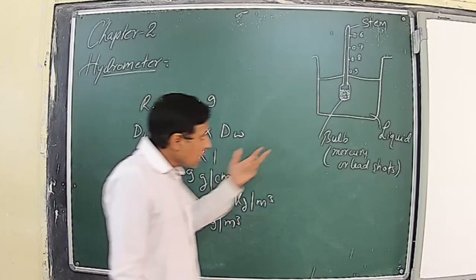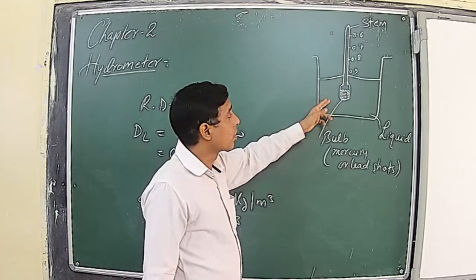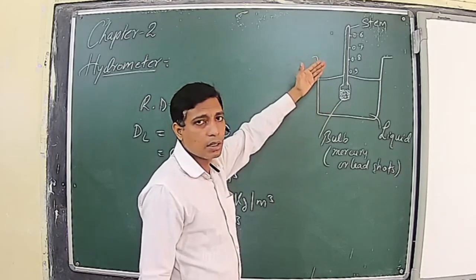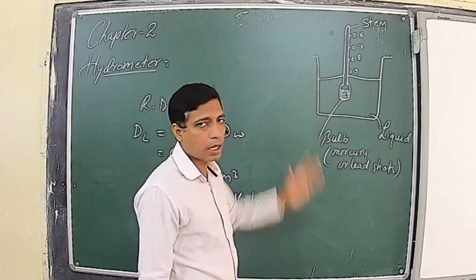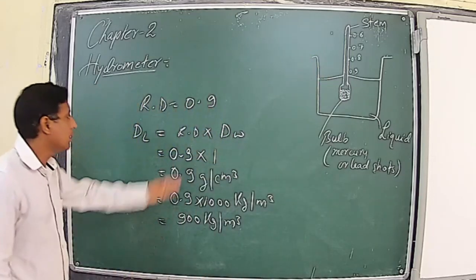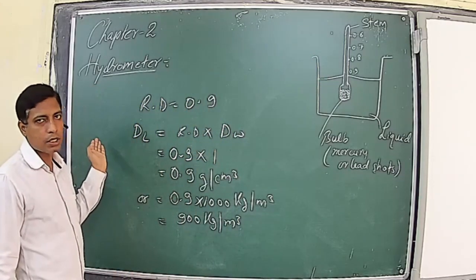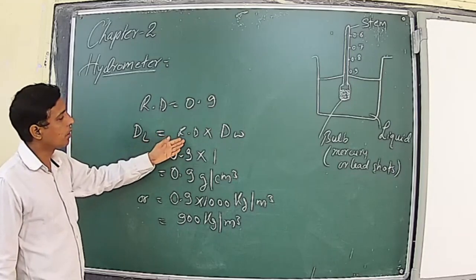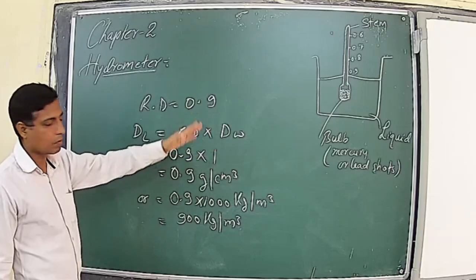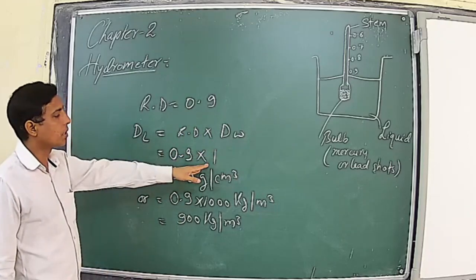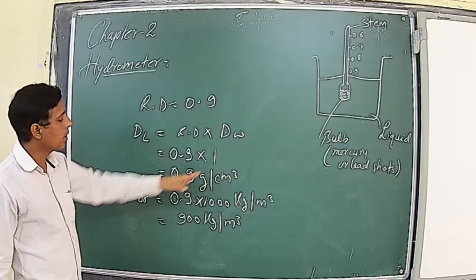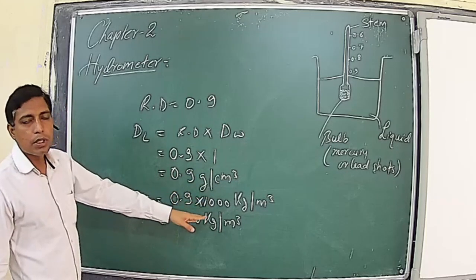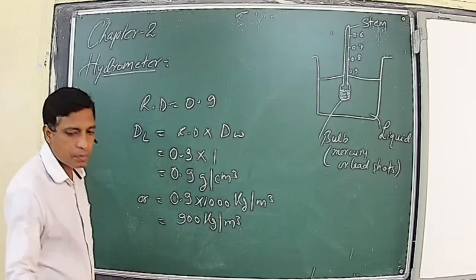Now, the lesser the density of the liquid, the more will be the sinking. The higher the density, the lesser will be the sinking. This is how we will get the relative density. And once you get the relative density, you can use the formula which we have discussed earlier. The density of any unknown substance, here it is a liquid, is equal to relative density multiplied by the density of water. If you use CGS, you will multiply by 1 gram per cubic centimeter. If you want the answer in SI unit, then you will multiply it by 1000 kilograms per cubic meter.